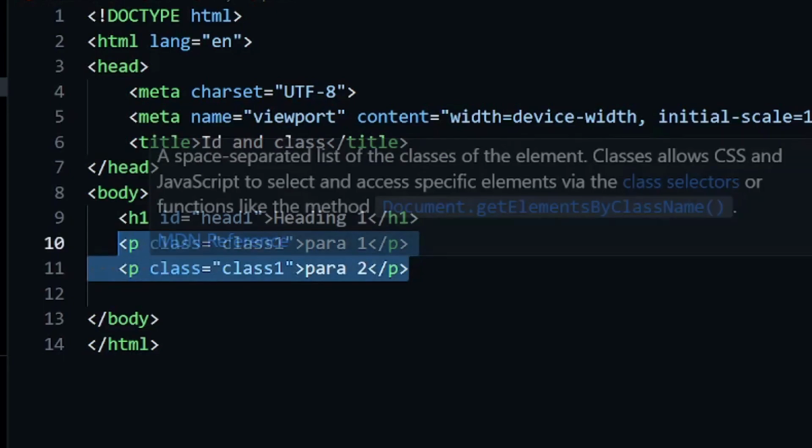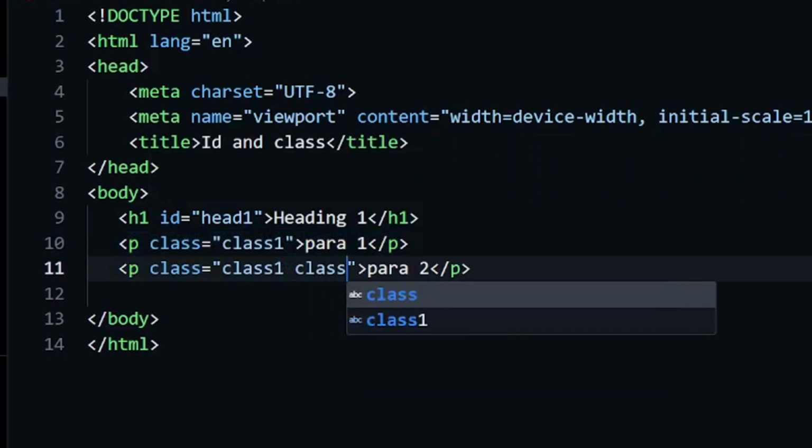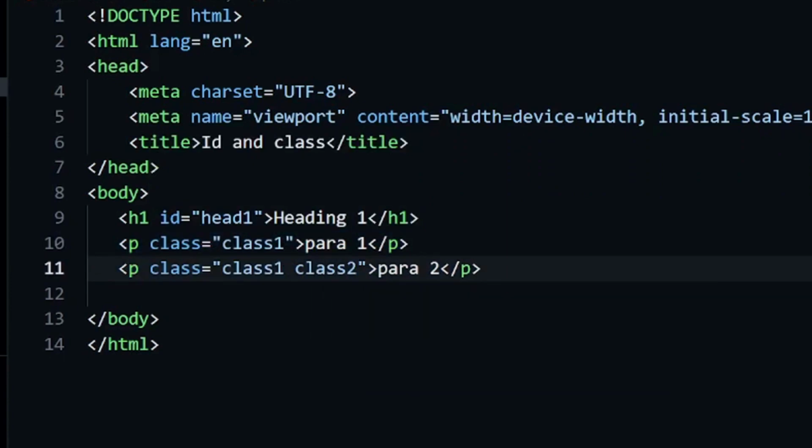Your element could have two classes. For example, my paragraph 2 has two classes, class 1 and class 2. I want to style my paragraph 1 in color red. For that, I am using class 1. I will style my class 1 with red color.